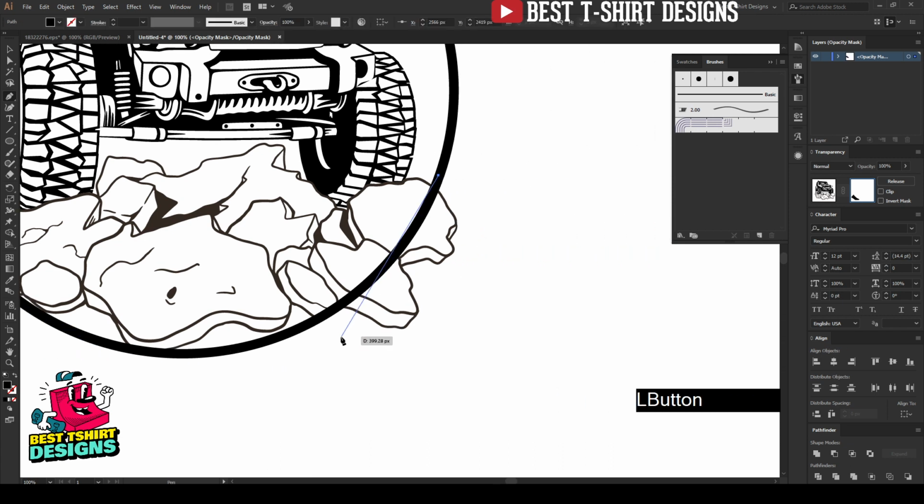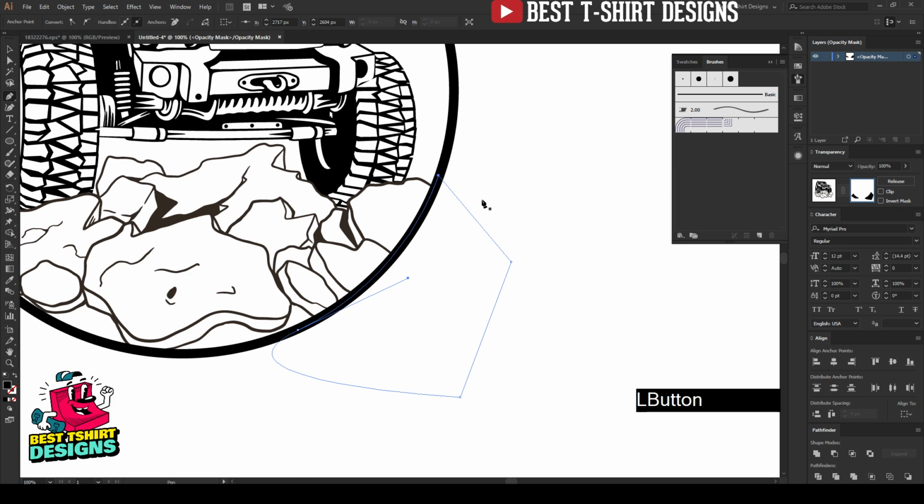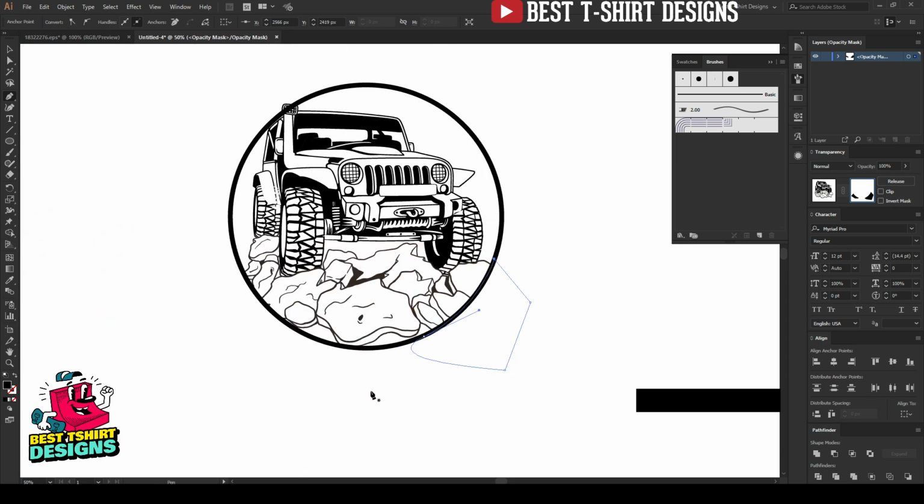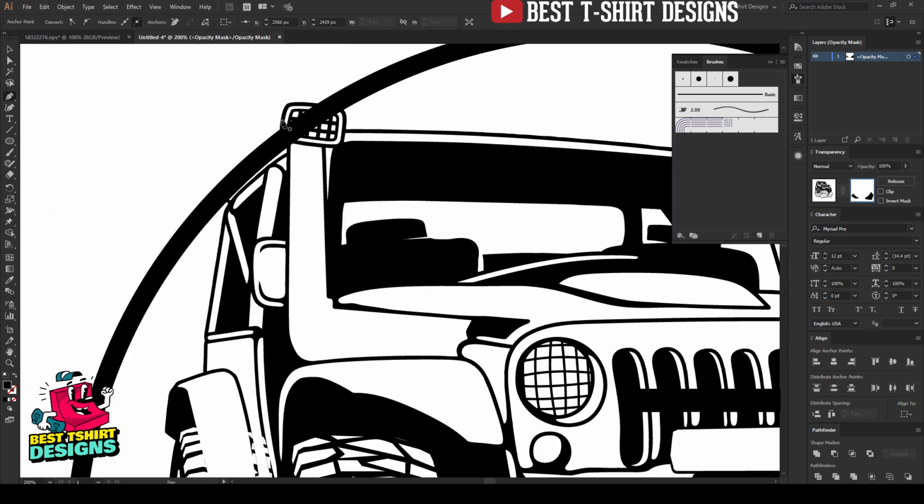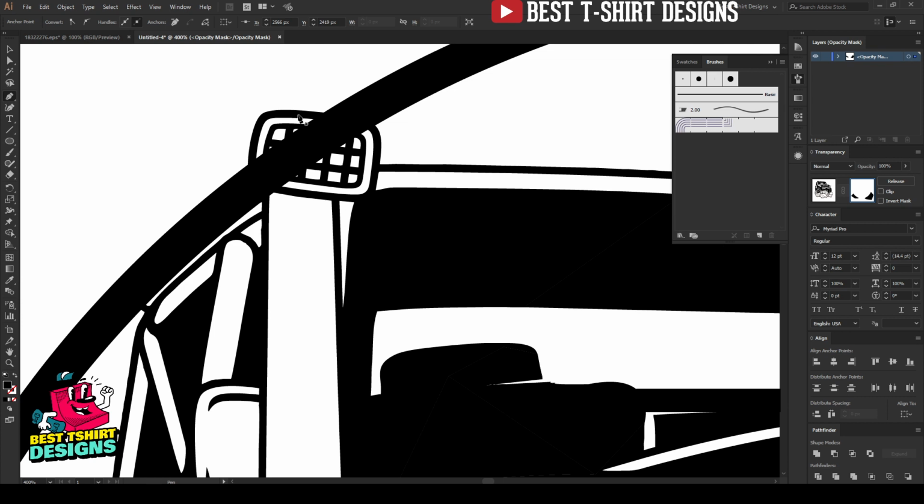I can simply do it with my clipping mask option, but I don't want to use that. Let's do it this way, something like this. And then for this area I want to hide this ellipse, so let's draw a shape like this.